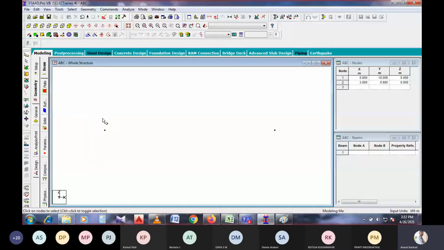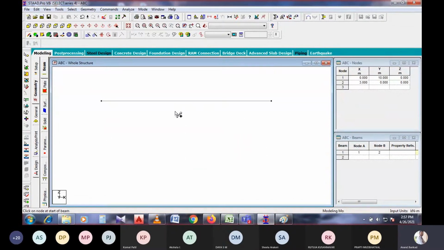To join these two nodes, I need to add a beam. Initially, we have selected the add beam. This add beam will be selected here. Then the cursor appears with the add beam symbol, the beam with a plus symbol. So once we click on the add beam, that is the node cursor, we just click it. After that, just move the mouse to the other node and click on it. Then it will be created, right?